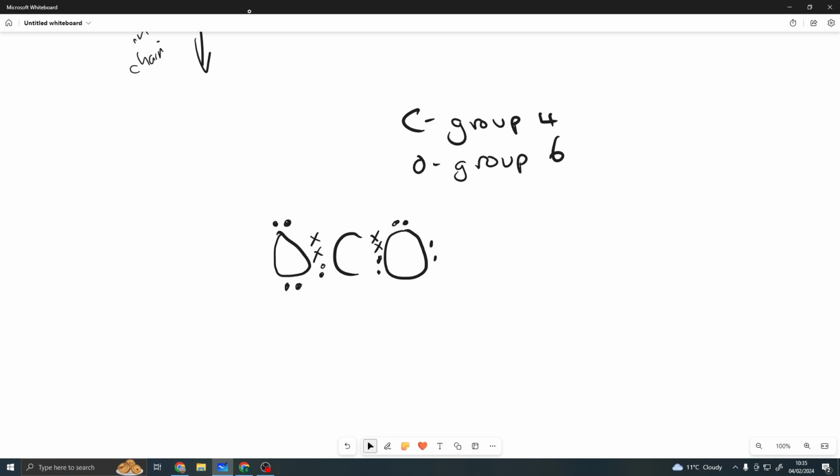It doesn't have to be pairs, you can just draw them around it if you like. You can dot them any old way around it, it doesn't matter. I draw them in pairs because it looks easier and it's easier to count. Again, make the examiner's life easier when he's marking your work. Okay, now